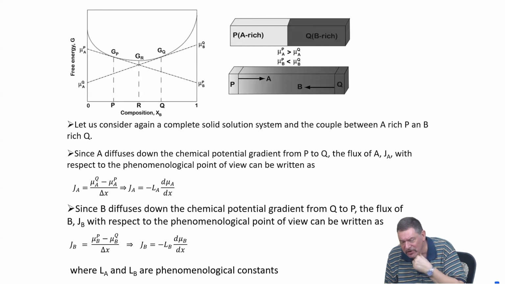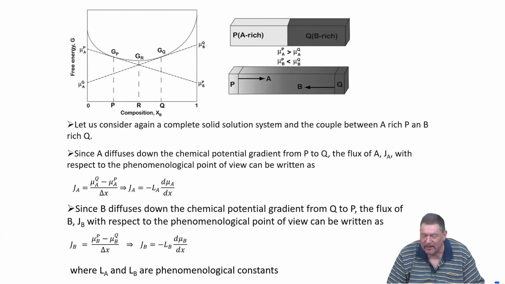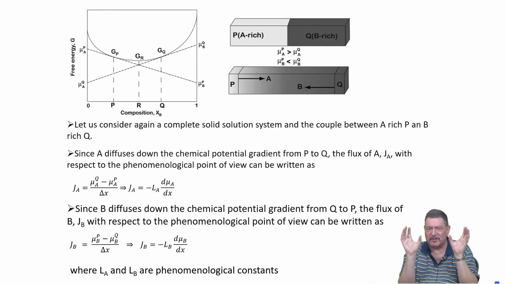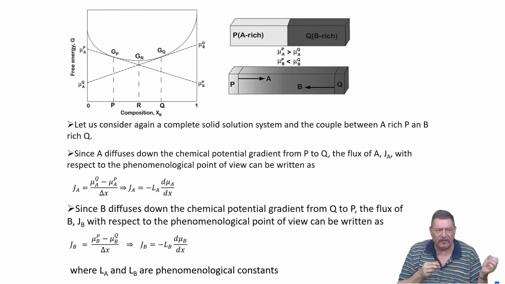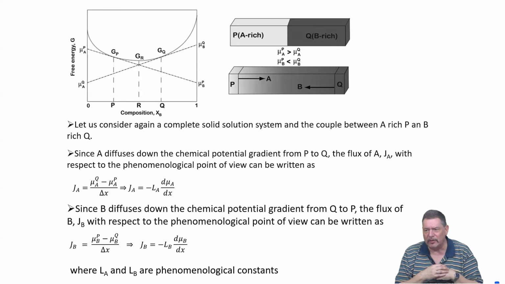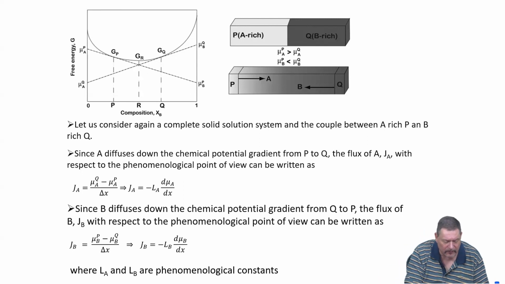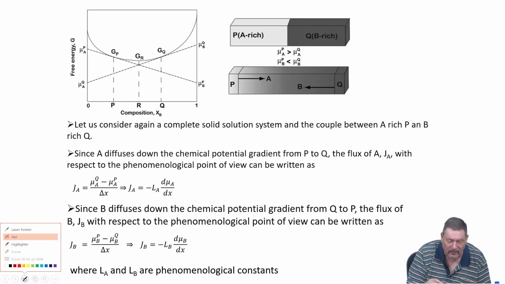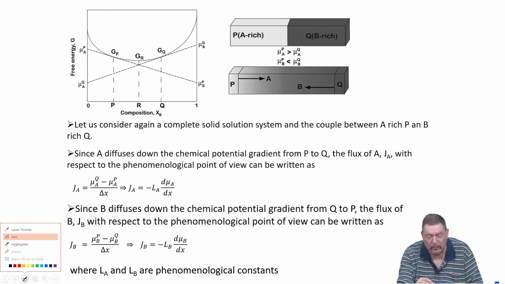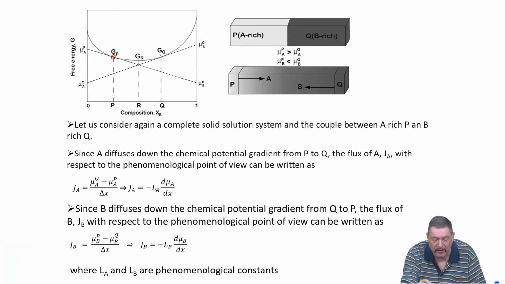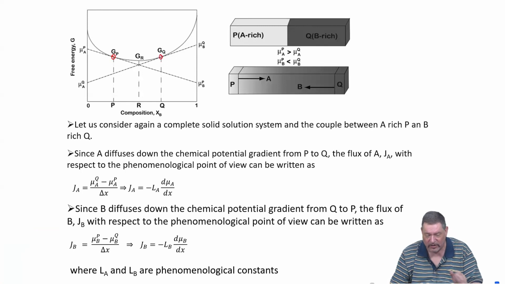So we have a situation where we have basically, we bring two materials, two blocks together who have a different composition. So they have different amount of A atoms and B atoms in their volume. And this corresponds, if we look at this curve here, to kind of two different positions in this Gibbs free energy curve, P and Q.